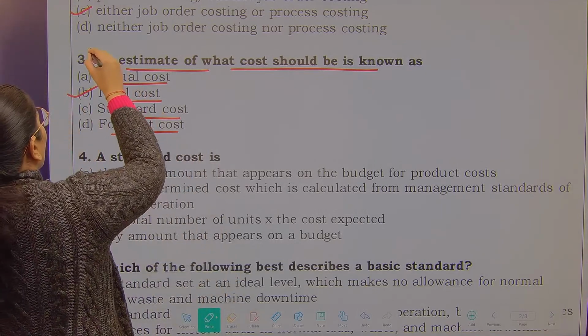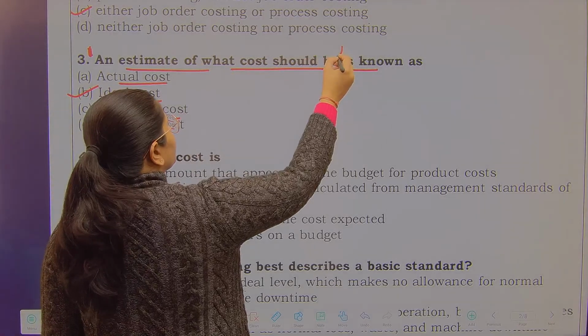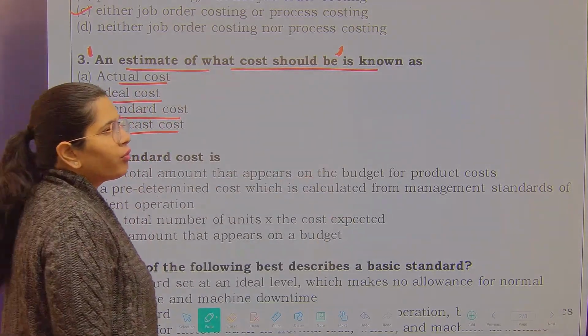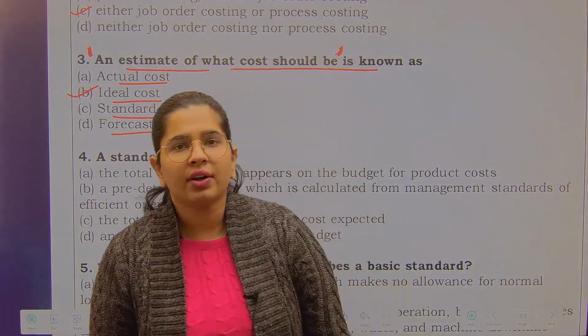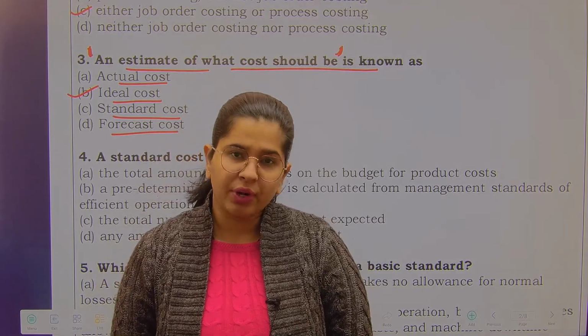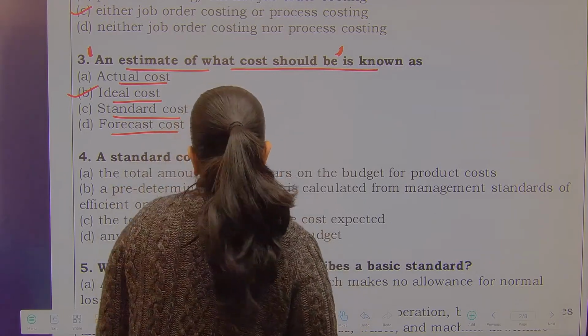Here you want to find out what the cost should be, right? An estimate of what cost should be. So you want to find out what is the ideal, right? So we have put it as ideal cost. Next, see,